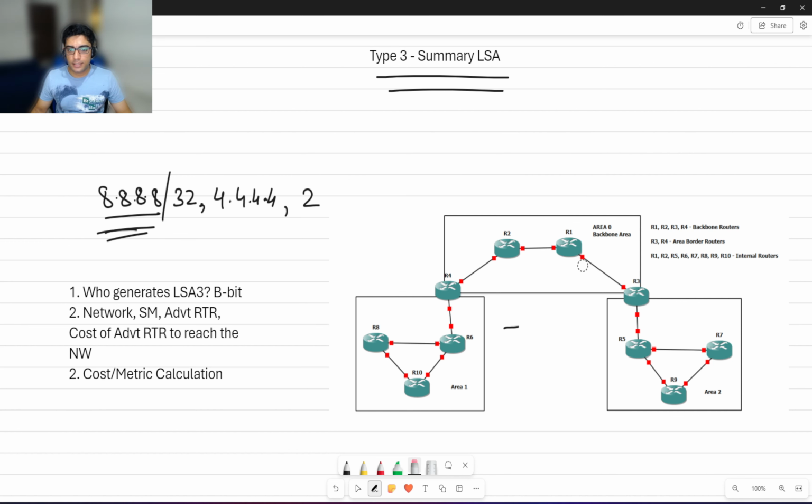Similarly, when this LSA number 3 generated by R4 reaches R3, it knows that R4's cost to reach 8.8.8.8 or R8 is 2. It will then calculate its cost to reach R4, which is 3. So R3's cost to reach R8 is 3 plus 2, that makes it 5. Right. So now R3 will generate its own LSA. It says, if you want to reach R8, you send the data to me